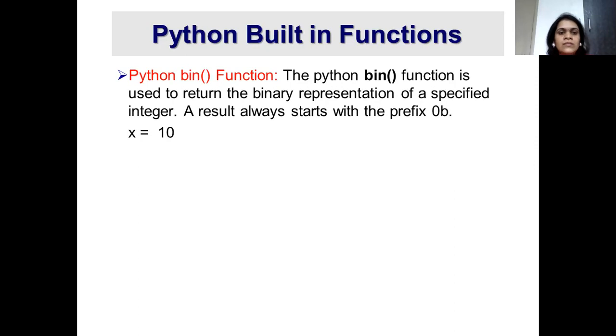Suppose the integer value is x equal to 10 and the function bin is called over here. X is passed to that function, which will convert this 10 to its binary equivalent and store the result in y. When you print y in the output, the binary equivalent of 10 is displayed.